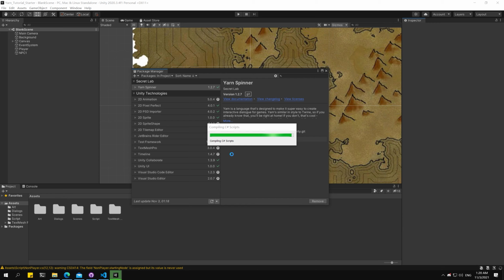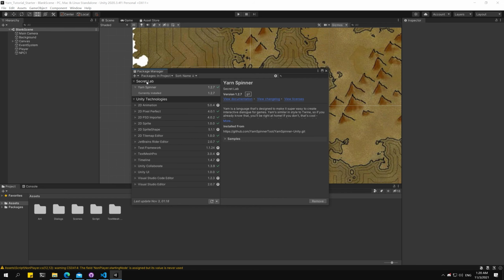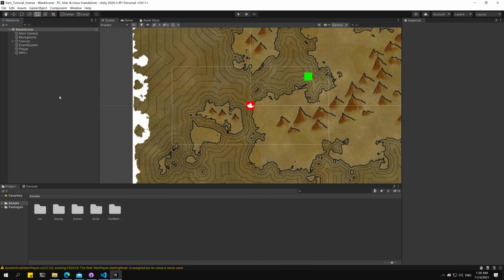Good. So now we have all the components installed in Unity. We can start working on the scene. Just let it import for a while. Yep. So right now you can see Yarnspinner is in the Secret Lab option because it's not provided by Unity Technologies. Now go to this scene called blank scene. It's in Scenes, blank scene. And right now what it does is